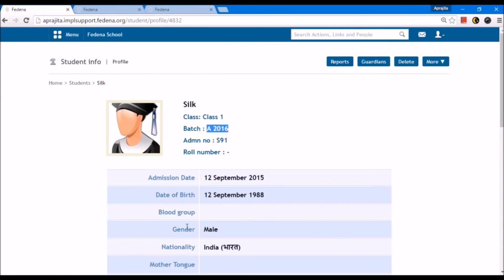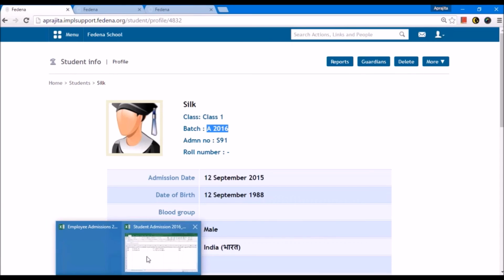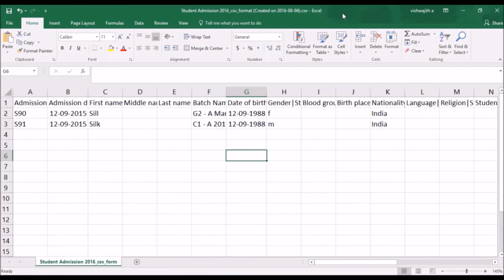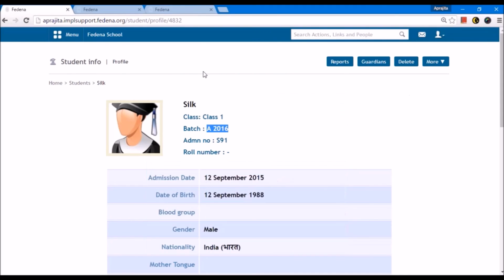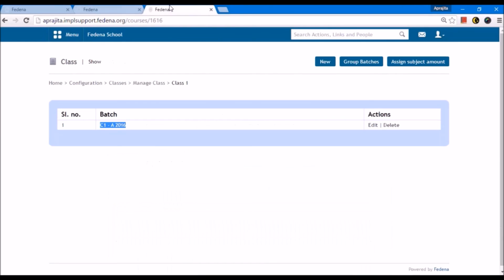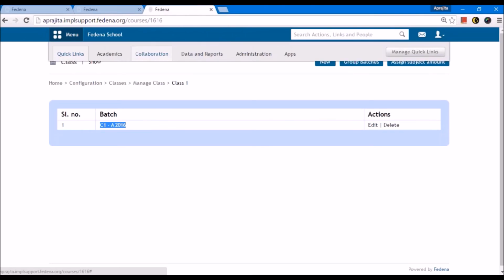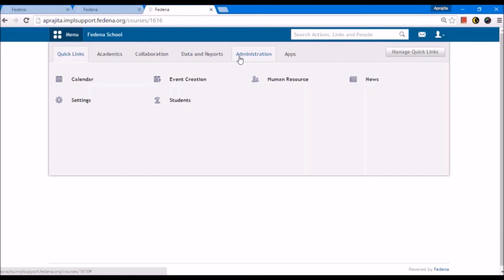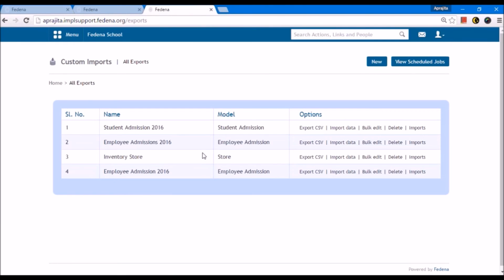So the changes are getting reflected. You should use bulk edit when you want to edit the information against admission numbers that are already there. You should use the import option when you want to import new or fresh admission numbers into the system. So this is how you can use the custom import for student admission.